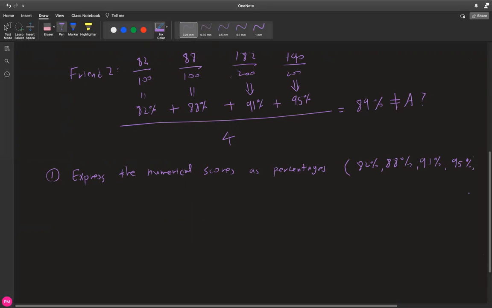And now we're going to take care of the weights. For each weight, you are simply multiplying the percentages by their respective weights.